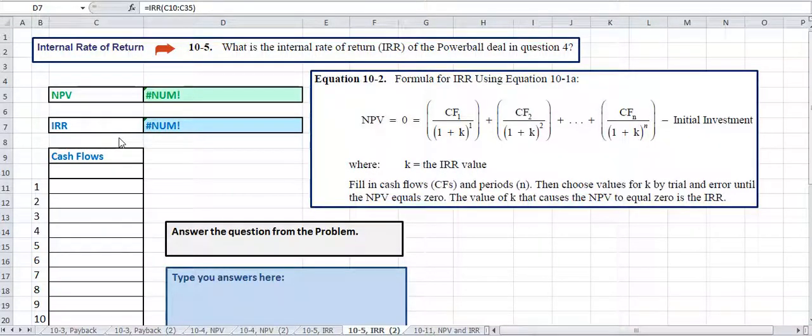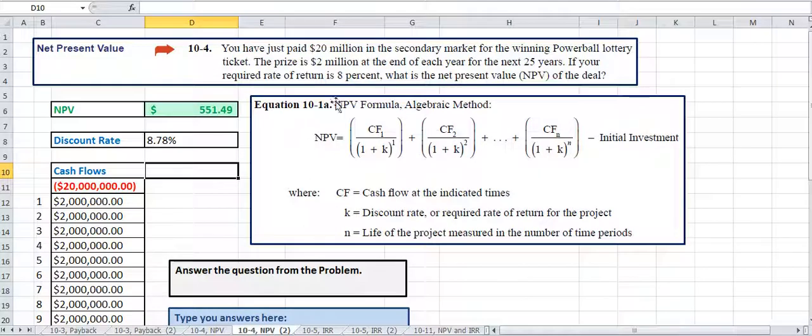In this video, we're looking at problem 10.5, the internal rate of return on our deal in problem 10.4, where we paid $20 million for a winning lottery ticket, and our prize was $2 million a year. Our cash flows were $2 million a year for 20 years. And we figured out that the discount rate, or the cost of capital for that deal,